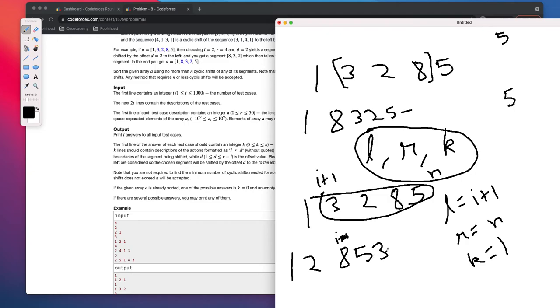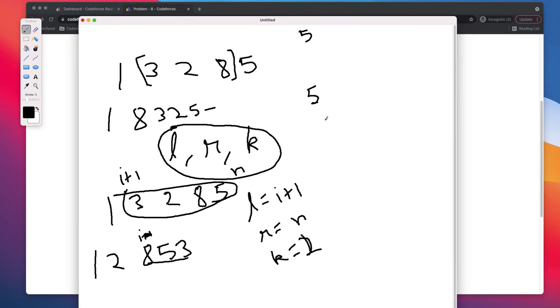And here the k would be changing. I would just check, okay, the next smallest element should be 3. What is the k value? It's 2 places away from it, so I just change the k value. I keep the L as I plus 1 and r as n in the outer for loop, and I just change the k value. So now my array becomes 1 2 3, 2 places, right? So it will be 5. Okay, so it will be 8 5, because 8 will come here and then 5. So this is now the array.